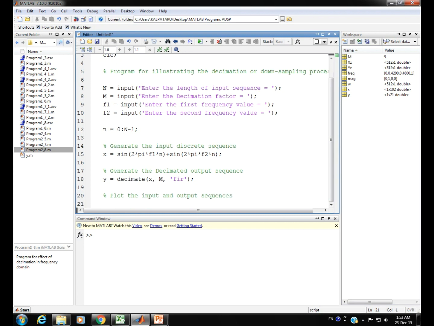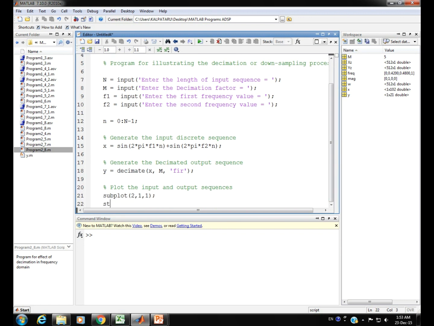So for plotting the two, here we shall make use of subplot. So inside the parenthesis we will have 2 rows, 1 column, assignment to the first cell here, and for the discrete time representation we shall make use of the stem command here. If it is continuous time domain representation, it will be the plot command. So n is the first input argument, the discrete time variable as defined 0 to capital N minus 1, and then there it is the signal. So now here we have the input sequence to be displayed.